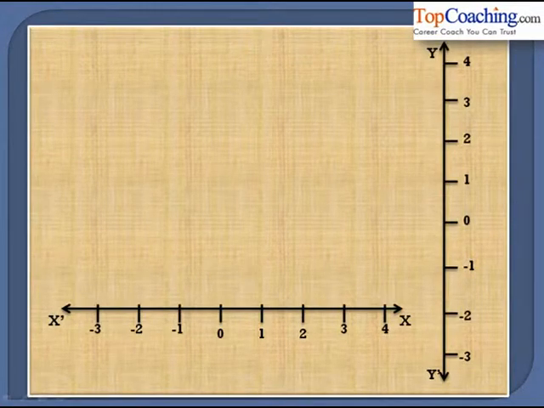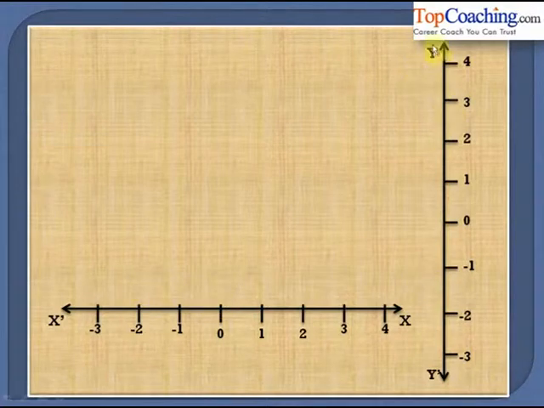Now you guys have already studied the concept of the number line in the chapter on number systems. In a number line, distances from a fixed point are marked in equal units, positively in one direction and negatively in the other. This fixed point is known as the origin. If we consider this to be a number line, then O is the fixed point and it is called the origin. The numbers on the right hand side of the origin are positive and the numbers on the left hand side are negative.